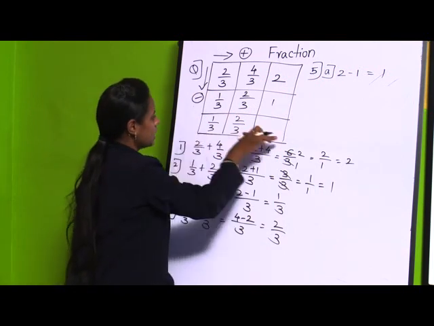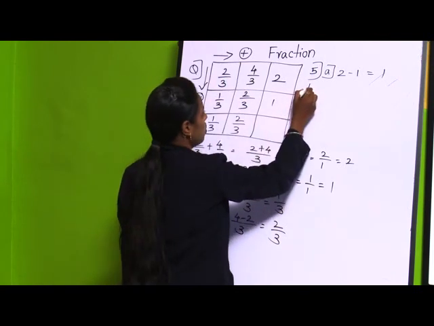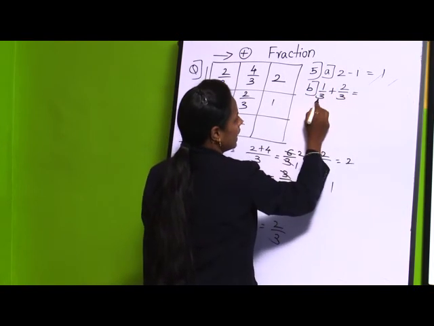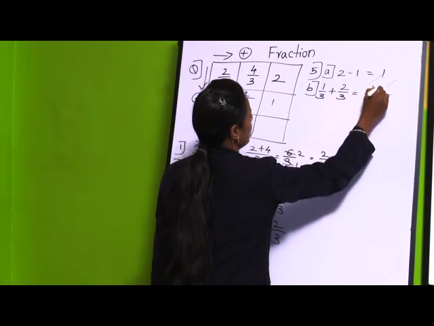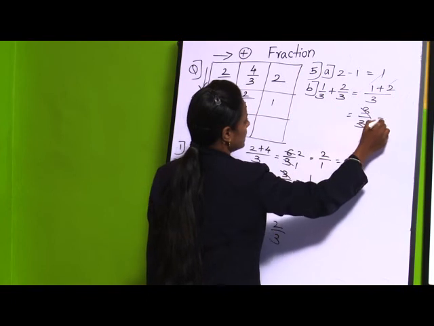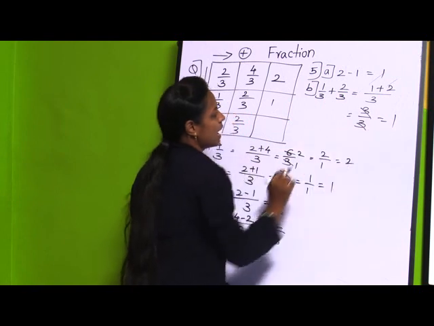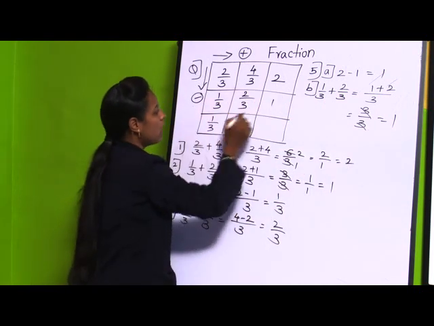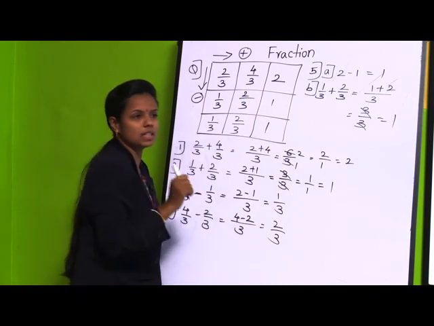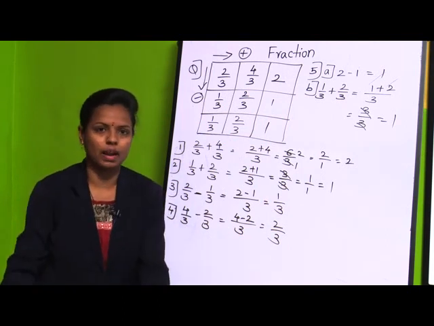Now we will see horizontally. Horizontally if we are doing, we have to do the addition. So addition of 1 by 3 plus 2 by 3. So again denominators are same, numerators can be added. 1 plus 2, that is 3 upon 3. It gets cut and we got 1. So in both the cases we got 1 as our answer. So if we go vertically or else horizontally, if we do the subtraction and addition, then we get the answer same here. Okay. So this is about the addition and subtraction box.